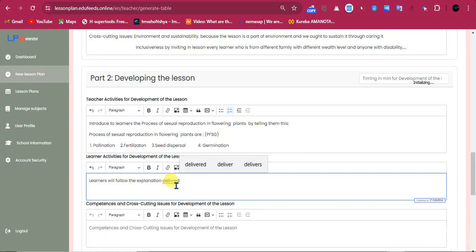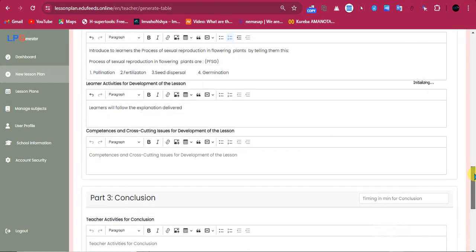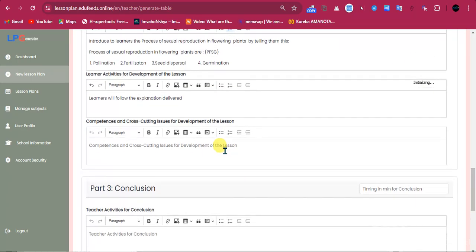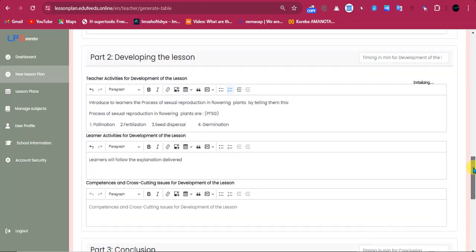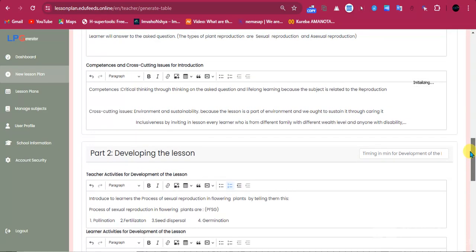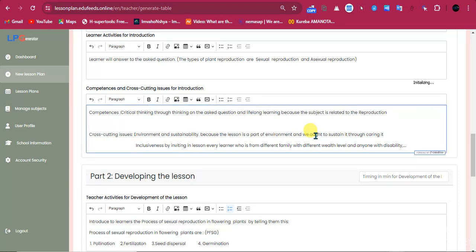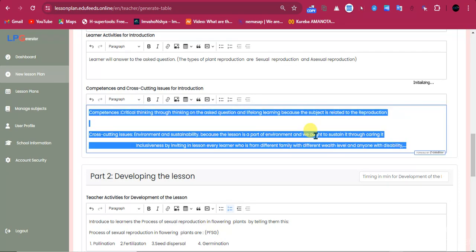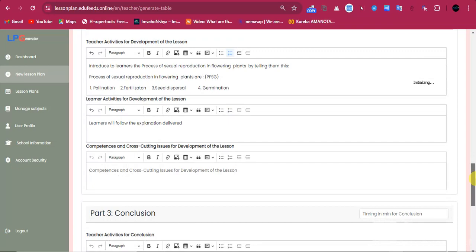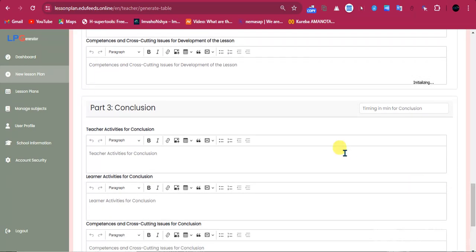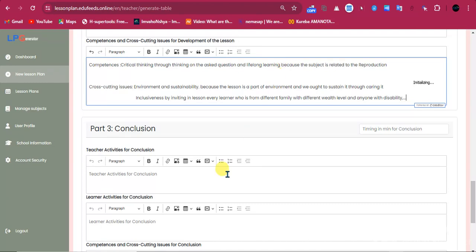I'm rushing, sorry. The competencies and cross-cutting issues we saw, you can bring them back, copy them here, just as a sample lesson. Pasting.